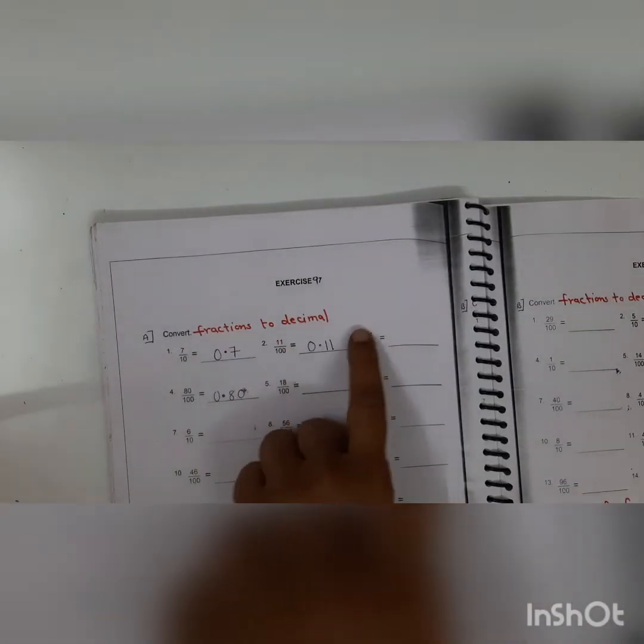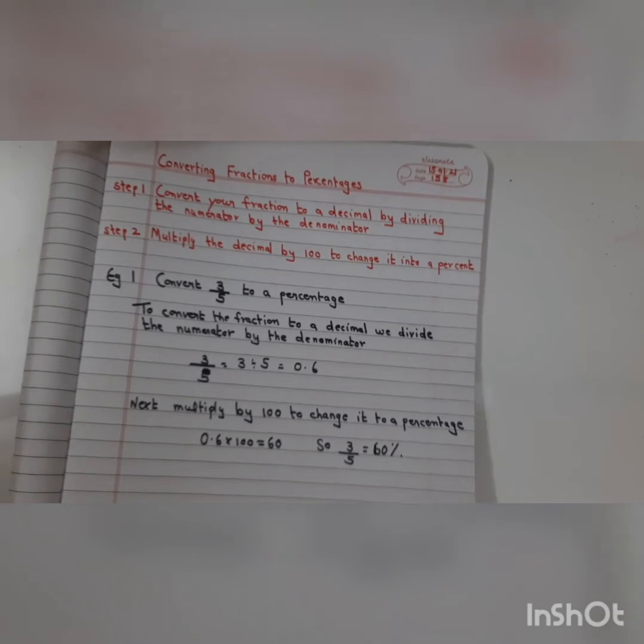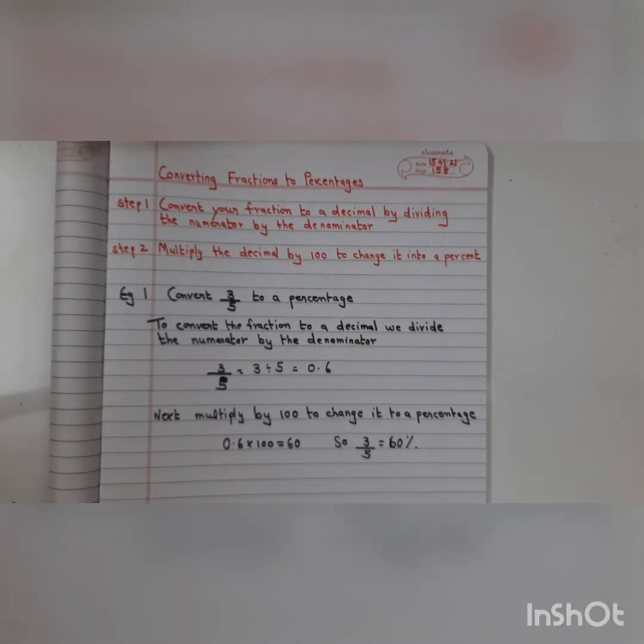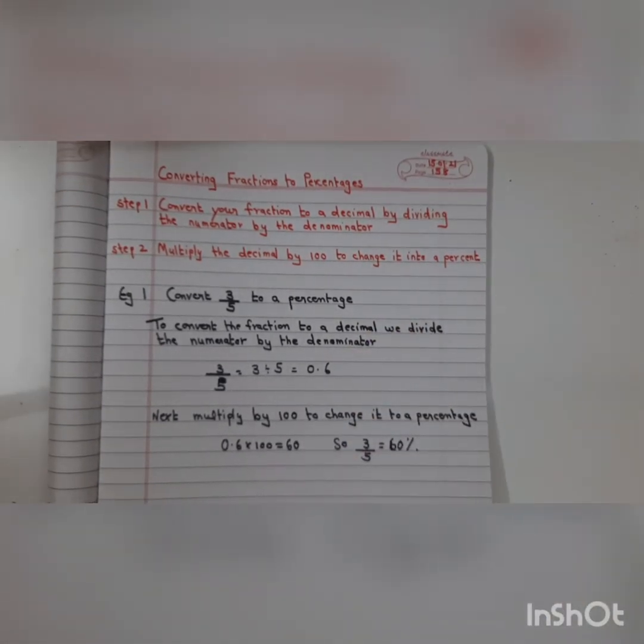We have done this in the morning. We learned about this, correct? Fractions to decimal convert. So now we are converting fractions to percentages. Children, the example is given here how to do it. The same thing I have written for you because the print is too tiny. This is a small print. So I've written the explanation over here. I will also put it in the broadcast. Let's start with a few examples, children.